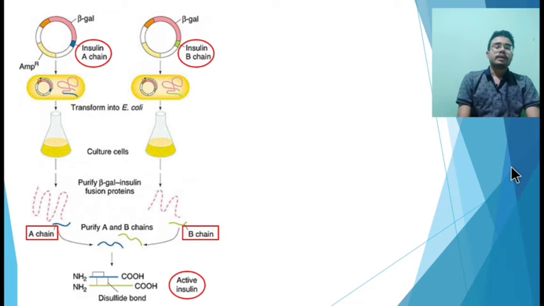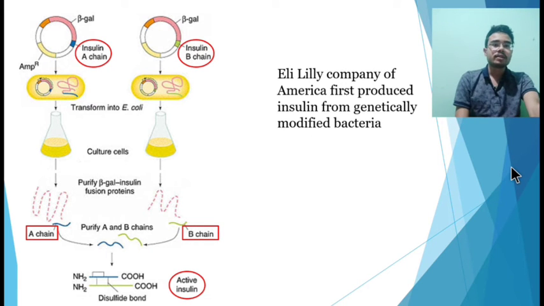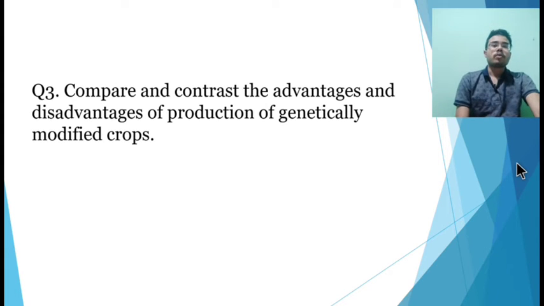in a large amount and in very low time, it is commercially important. In 1983, an American company named Eli Lilly first produced such type of insulin from transgenic or genetically modified bacteria. Now let's move to the next question, that is compare and contrast the advantages and disadvantages of production of genetically